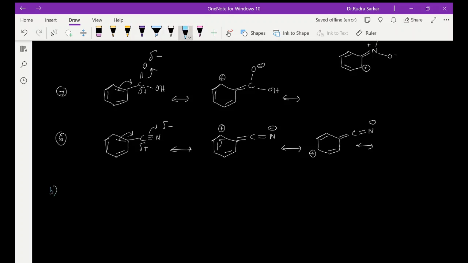Okay, what is part B? When a pi bond is conjugated to a positively charged atom, okay? When a pi bond is conjugated to a positively charged atom,